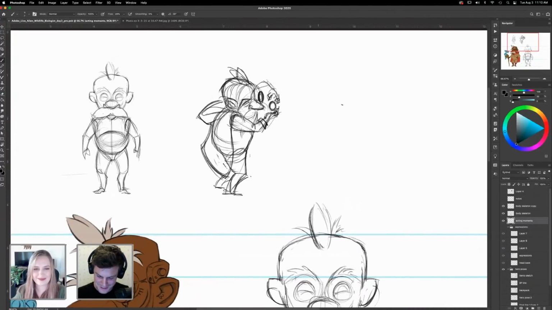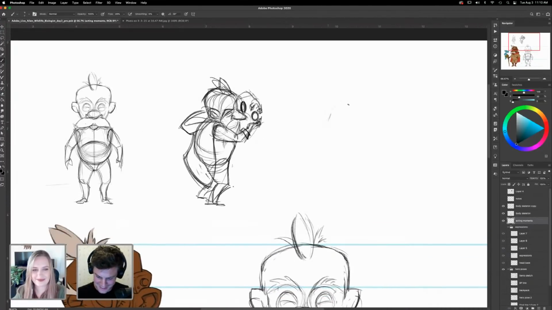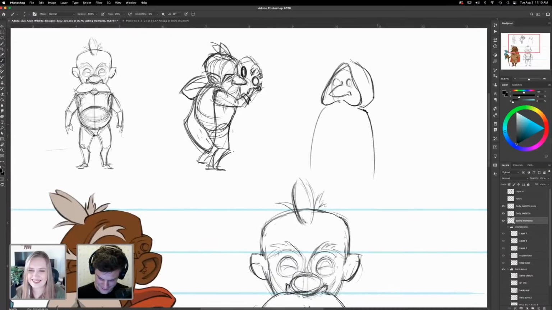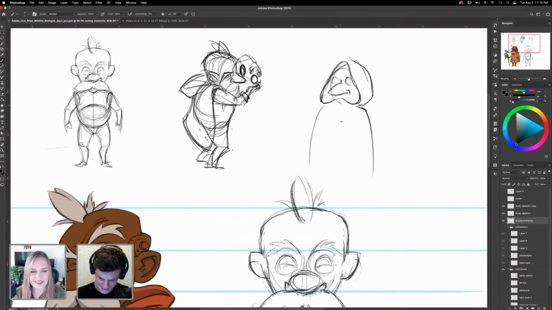I did want to see if I could... I just love this idea of... I don't even know if it'll work, but I want to see if I can find a way to... like he's hiding in his little cloak, that big old nose sticking out.